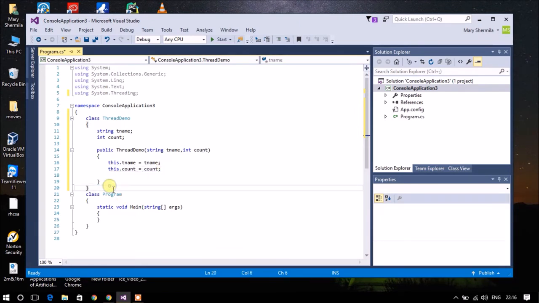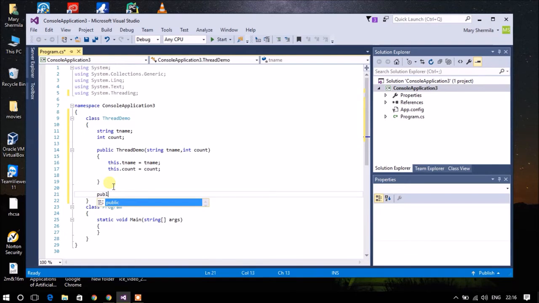There are two important methods in the multi-thread concept, called run and start. Whatever implementation my threads are going to perform is given inside the run method, and to start my threads I am going to use a method called start. In this particular program, my threads are going to print values from 1 to 10, so I am going to define it inside the run method. So public void run,